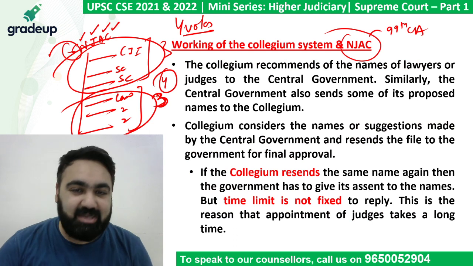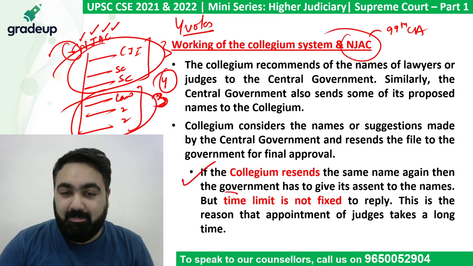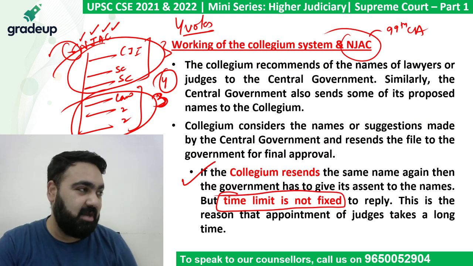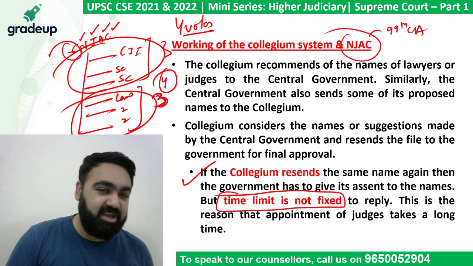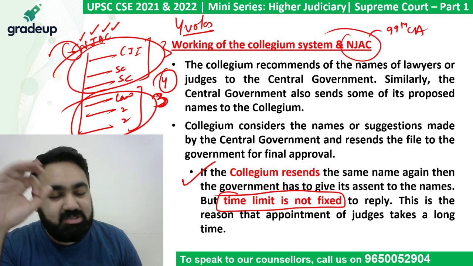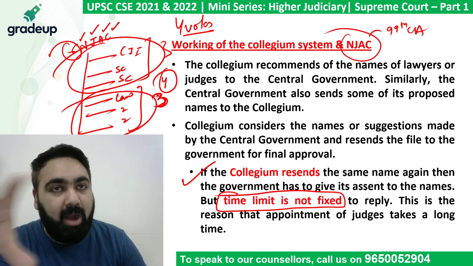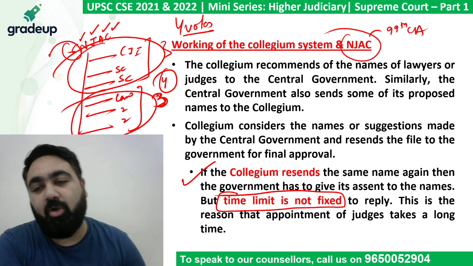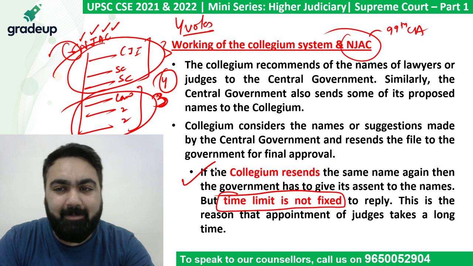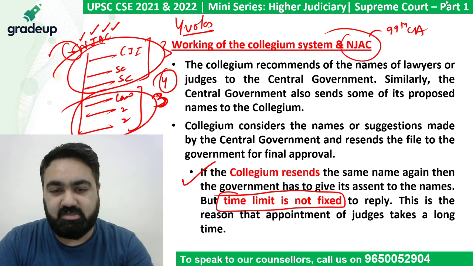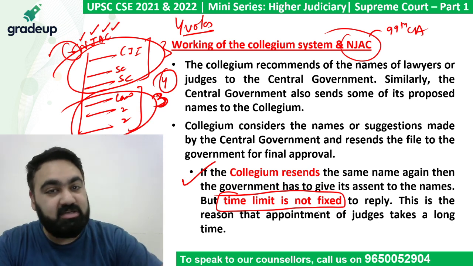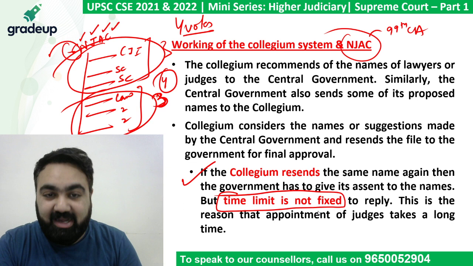So the collegium sends the name. The interesting part is president does not have any fixed time limit to reply. That is a pretty interesting part. So collegium sends a name, government cannot change that name. But the government can delay it, because the president of India is not bound that within 6 months, within 6 weeks, you have to appoint the person as a judge. There have been many times when the judge's appointment have been delayed just because the government did not like a judge. So government also has this loophole. They also know that we can't change the name of the judge, but we can certainly delay the name, right?